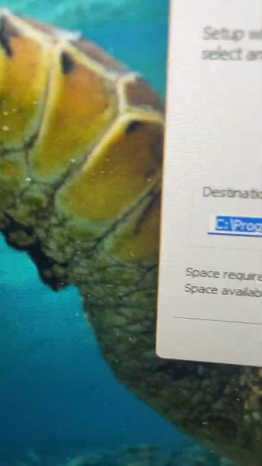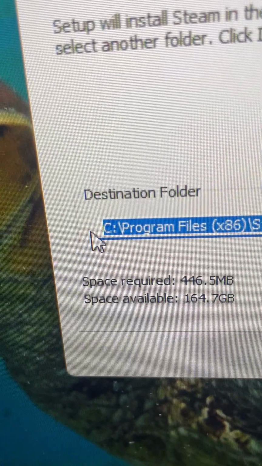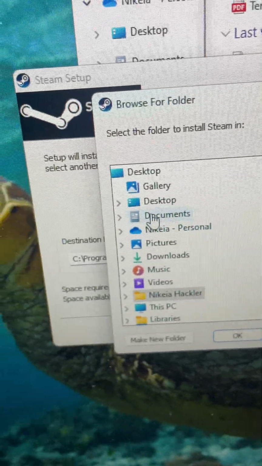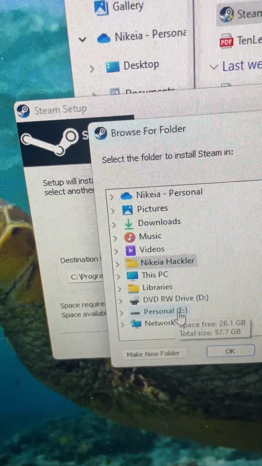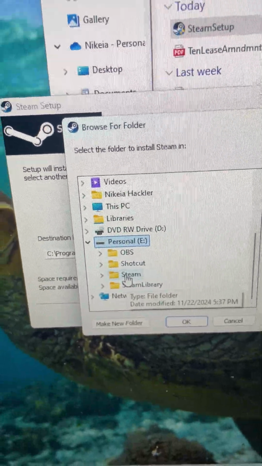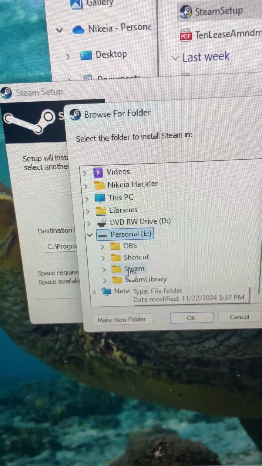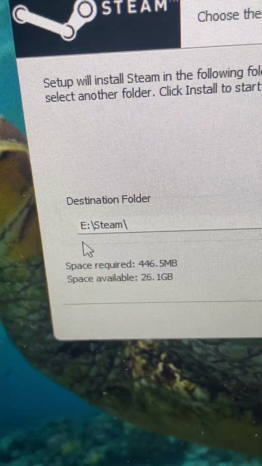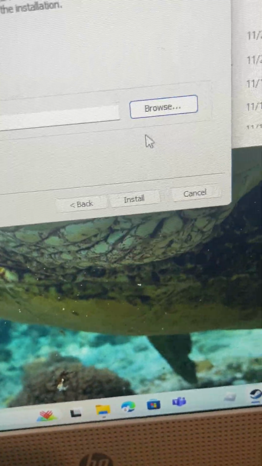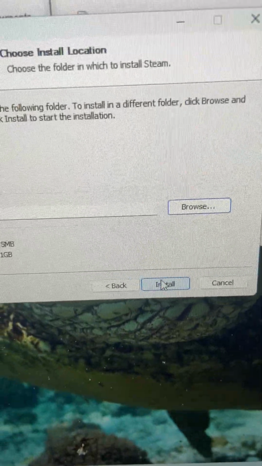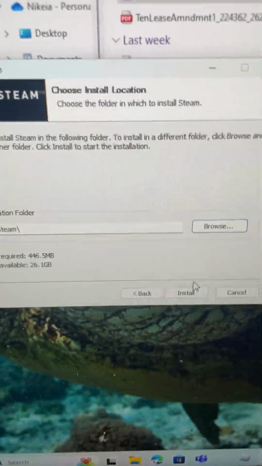So this is the important part. You see where it says C? The C right here means your main computer. You don't want that. You want to hit browse, go all the way down till you see your hard drive, personal E, and then that same Steam folder you made and I told you to create, that's empty right now. You're going to hit that Steam folder, and then you're going to hit OK. So now it's going to be external Steam. You're going to want to download this on here, hit install,